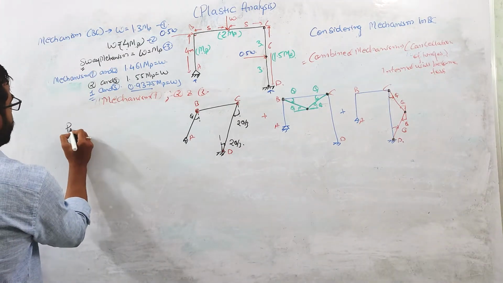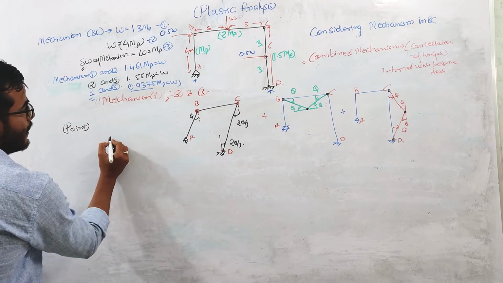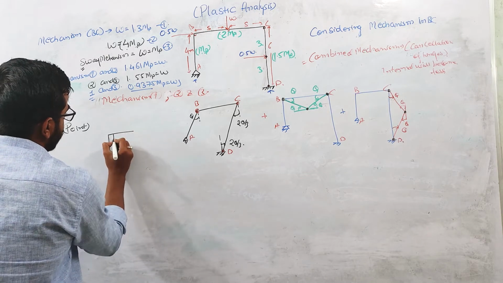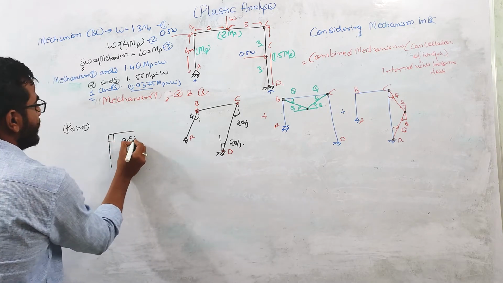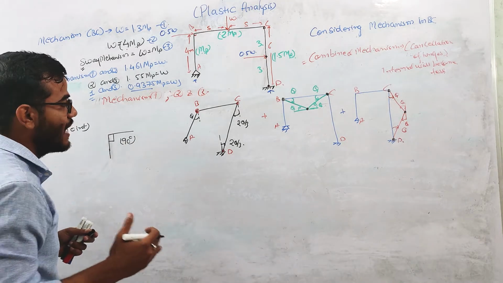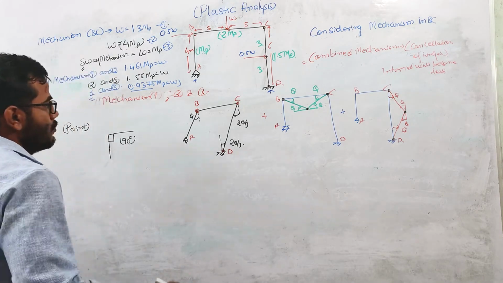At point B, the initial angle between these two members is 90 degrees. If a plastic hinge needs to form at this point, the angle between the two members should be greater than or less than 90 degrees. Okay, so now